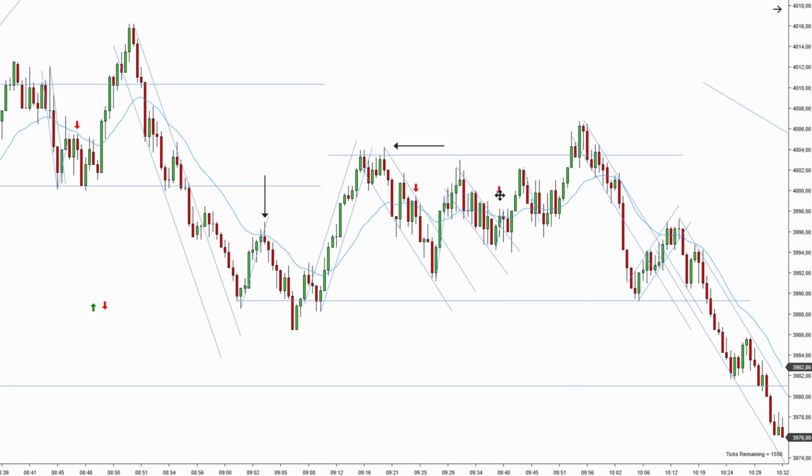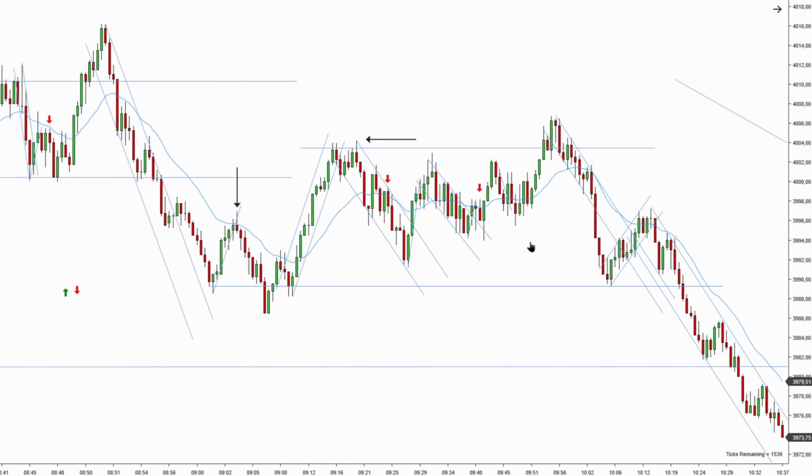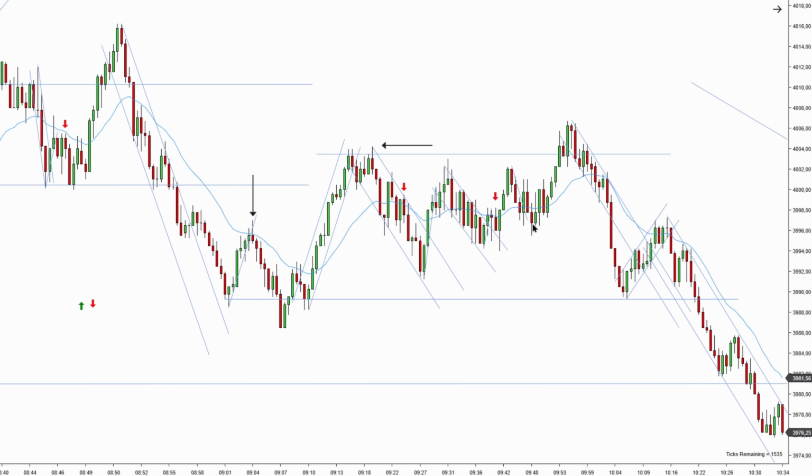I took the second entry short, I barely got out, made the scalp before market created new low and reversed on me. I was still respecting this downtrend, expecting for prices to create new low, barely got out, but eventually market continued pushing higher. Now I can see that there's a little bit of a bullish imbalance because we have a series of higher lows, but notice the highs are static, which is telling you, and this is important, that